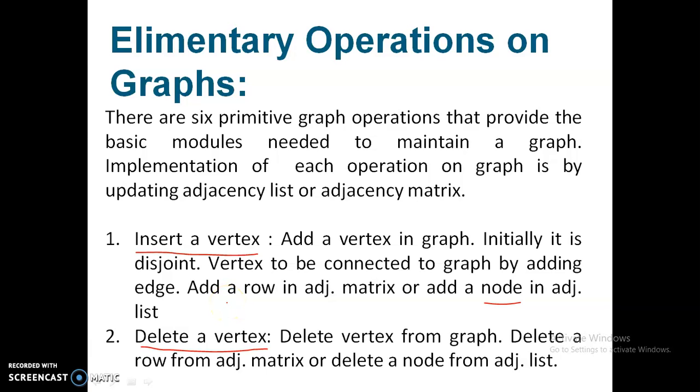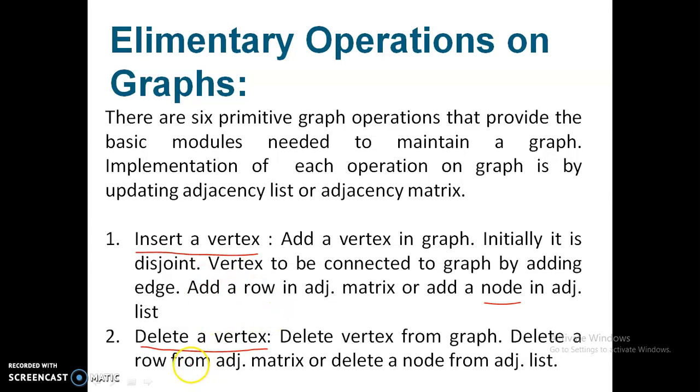If you are using an adjacency list, we add one new node in the list. If you are using an adjacency matrix, we add one new row. That is the update we need to perform for the insert vertex operation.